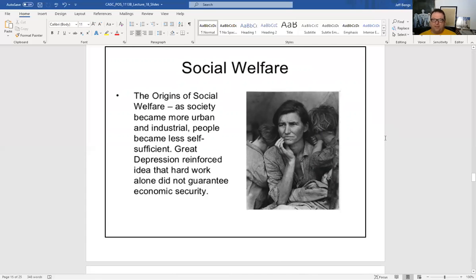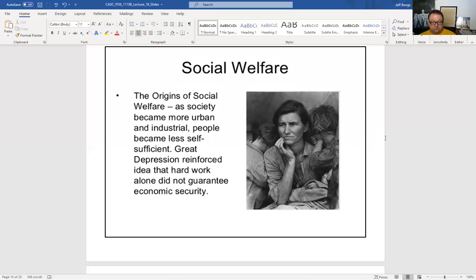Now, a little bit of history on this subject. Before the Great Depression, social welfare was something that the state governments pretty much took care of. It was not a federal thing. So in the 1920s, or let's say 1920, 100 years ago, people in Oklahoma who were poor, there were no federal programs in which they could apply for financial assistance. They had to get it through state programs or the state government.